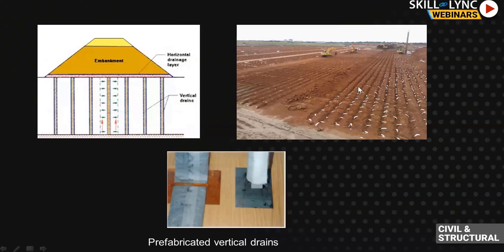These are installed at specified intervals, and they can place the embankment on this. If this ground is a very soft clay, within some time period it will turn into a stiff clay. It will be a very good bearing stratum, so that you can place your superstructure here. Okay, so these are all the ground improvement methods.